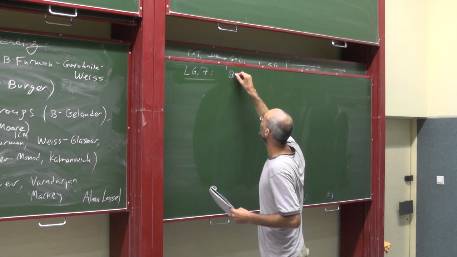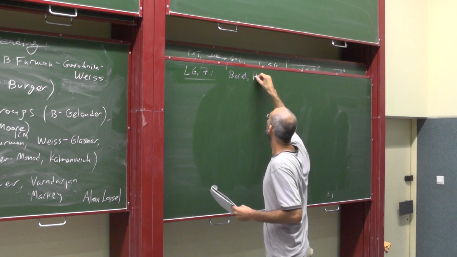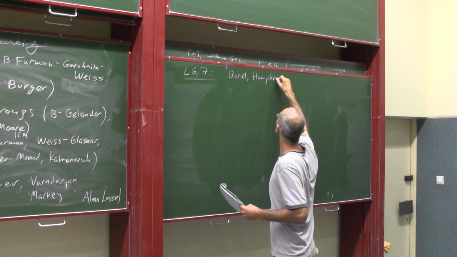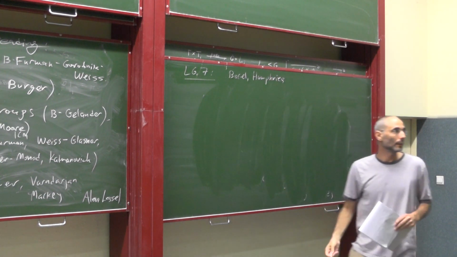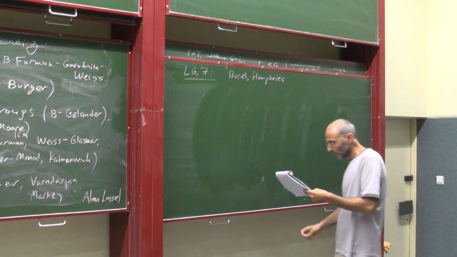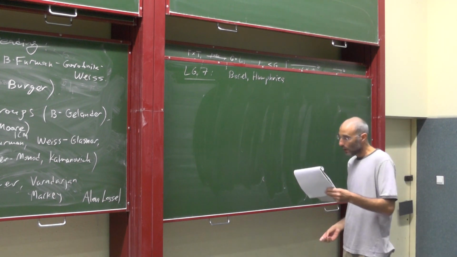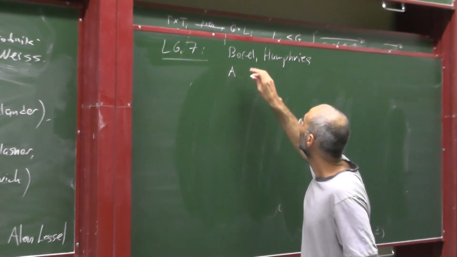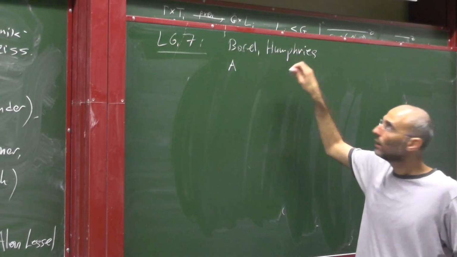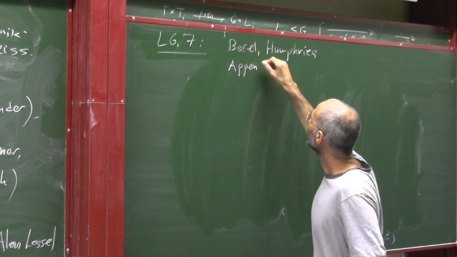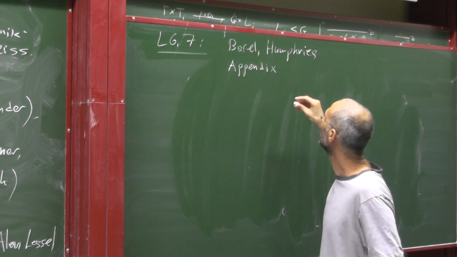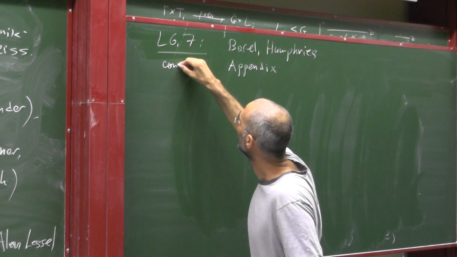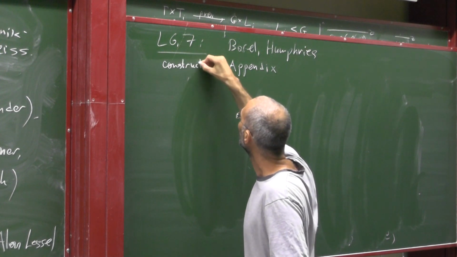And of course, you have the classical books by Borel and Humphreys. There's also a book by Springer, but I didn't read it, so I don't know. Probably it should be recommended as well. But in particular, everything I did is here. But if you are interested in constructibility, the notion of